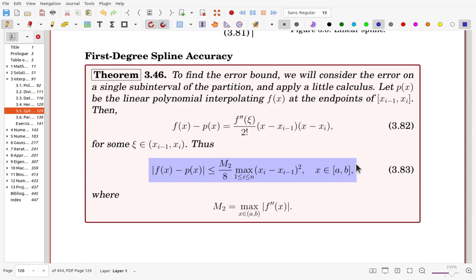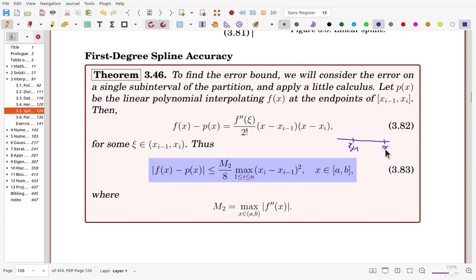For linear spline, we can analyze the error. We can find the upper bound from the interpolation error theorem, and if we restrict the analysis to the ith subinterval, then from the interpolation error theorem, f(x) minus p(x) is given in this way. Now we are focusing on that subinterval,